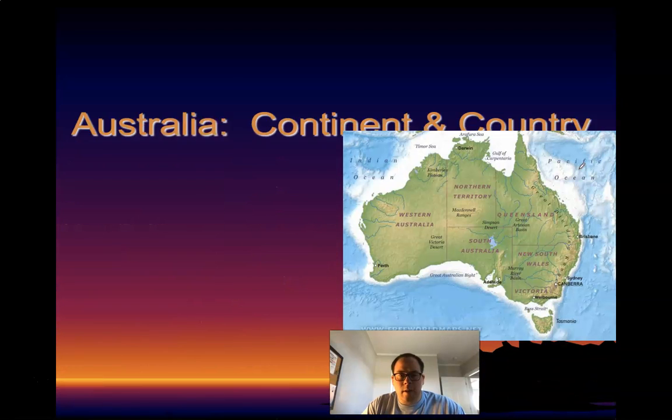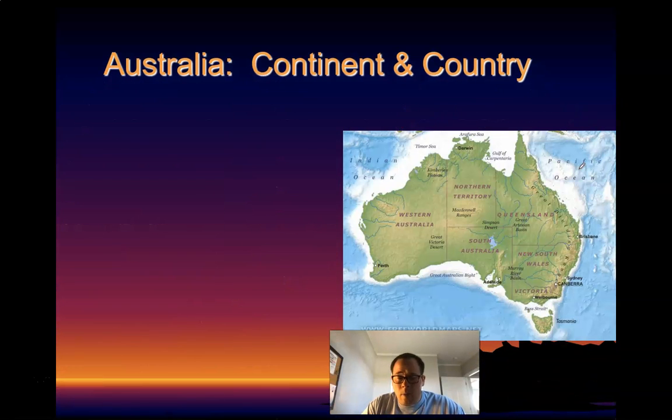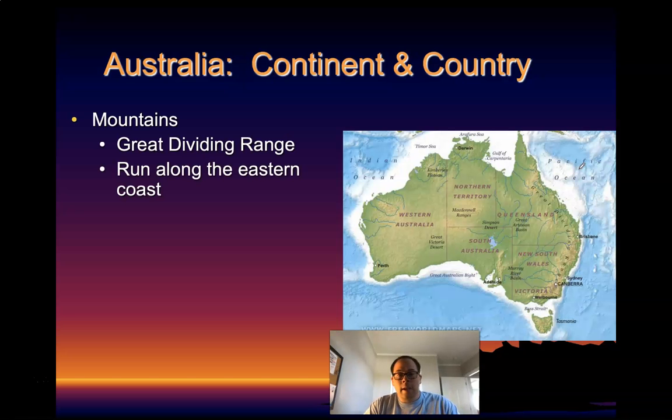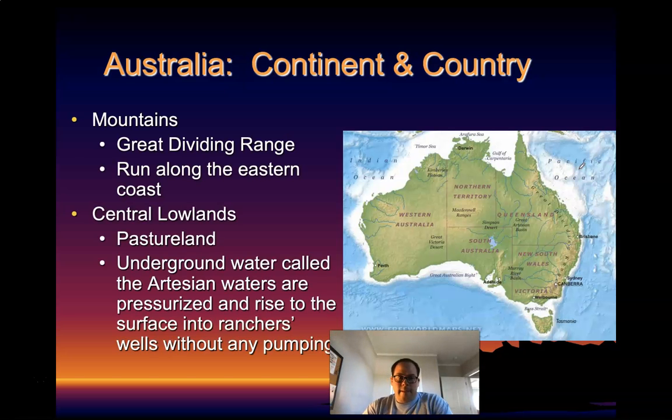Now switching gears, let's look at Australia. So Australia is a unique feature that it is both a continent and a country. There's mountains that divide the Great Dividing Range. There's also the Central Lowlands. So here's the Great Dividing Range. Central Lowlands, you can see